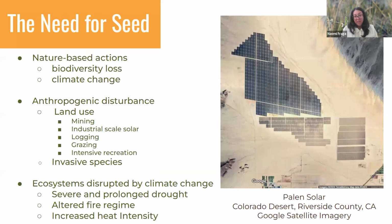And so because plants are so important, we have a tremendous need for seed to advance these restoration efforts. And we know that restoration is a critical action as a part of nature-based solutions to address the twin crises of climate change and the biodiversity extinction crisis. We're seeing accelerating disturbance due to anthropogenic change, diverse land use, a lot of it occurring on public lands like